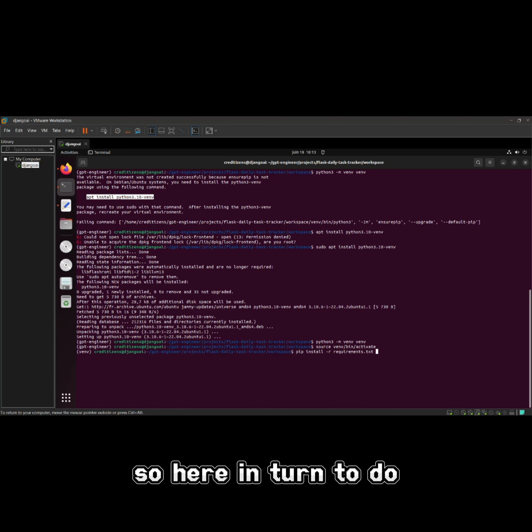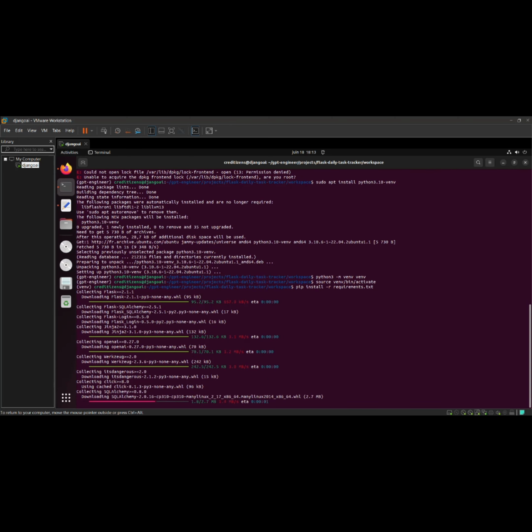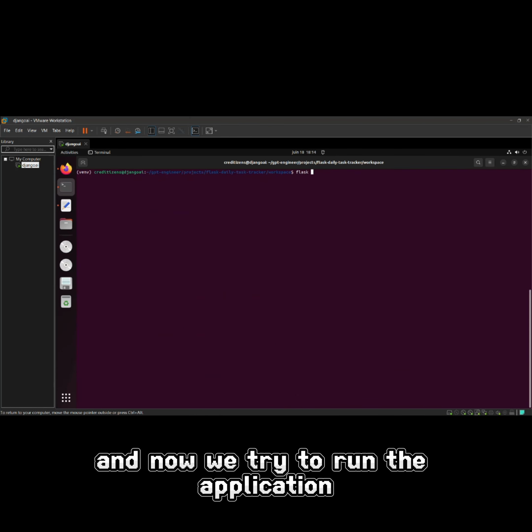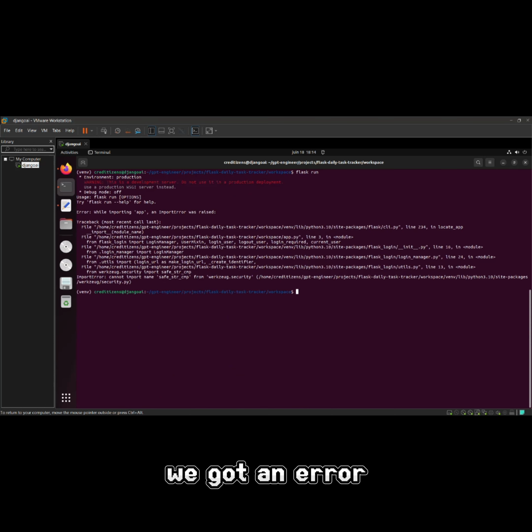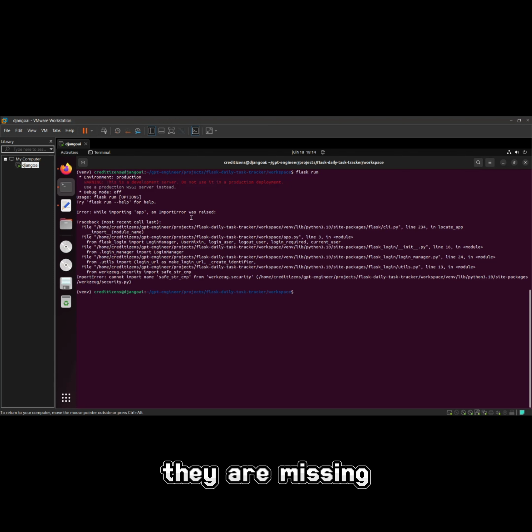So here we activate the virtual environment for the application, install the requirements. Now we try to run the application. We got an error, so it's not running. So the requirement.txt is not complete. They are missing